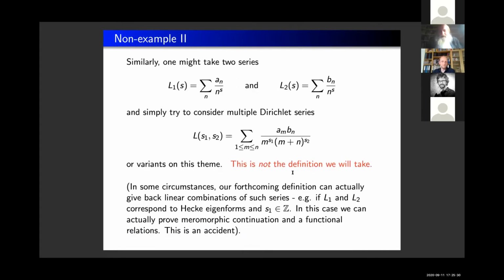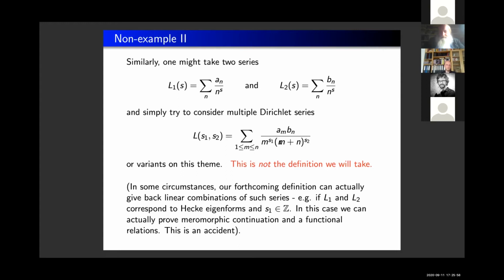Here's another thing you might do along the same sort of line of reasoning. You might want to just try and define a double L function. Take two Dirichlet series, L1 and L2, with coefficients a_n and b_n, and consider this sort of nested sum, this nested Dirichlet series. So people have done this. There's a literature on this. This is not the definition I want to take in this talk,